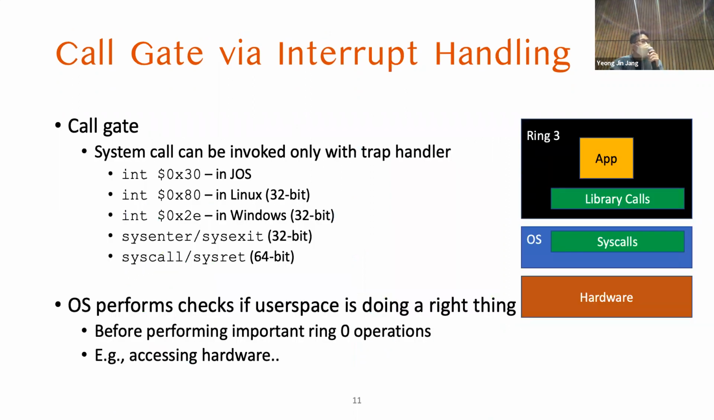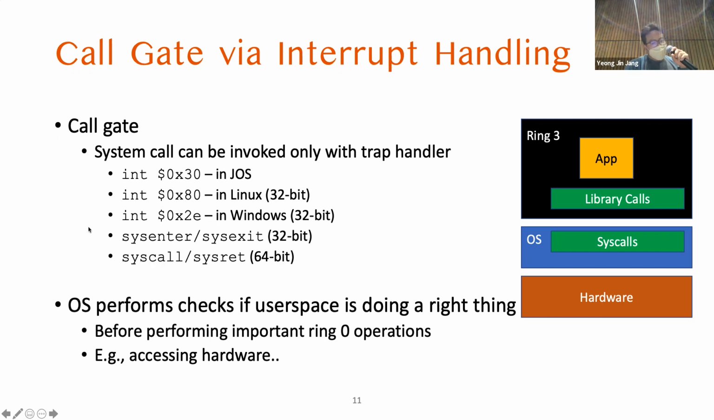And we implement this call gate via interrupt handling. In JAWS, we use interrupt 0x30, so 48, remember that one. In Linux, it could be 0x80. In Windows, it could be 0x2e. But because this involves interrupt handling and interrupt return, it takes a little longer than a switch of the ring. But